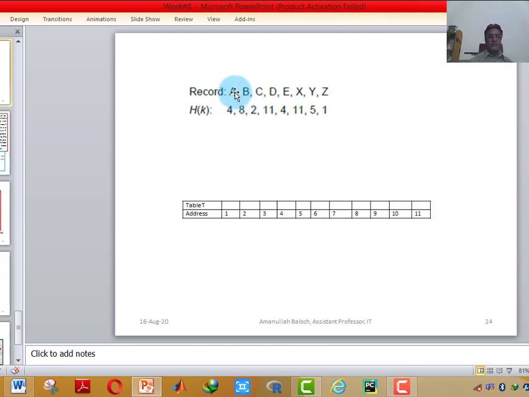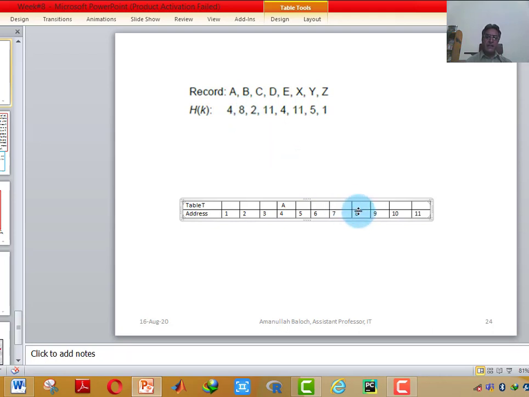Let's suppose A is the record and A wants to store itself at index 4. This is index 4 and we store it here. Next is record B, and the hash address of record B is 8. So we want to store it at index 8.